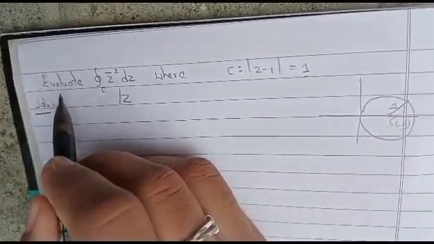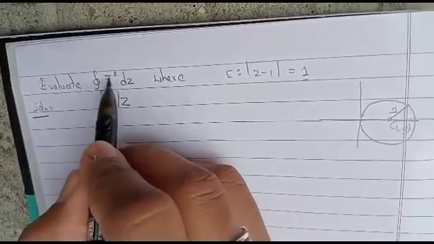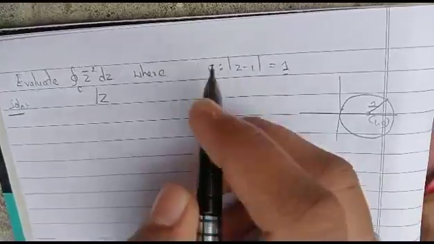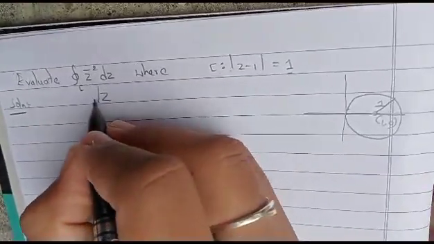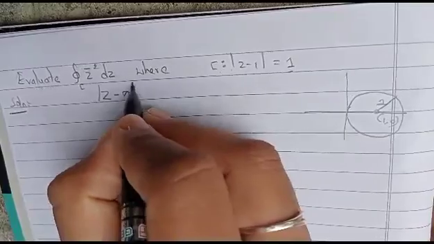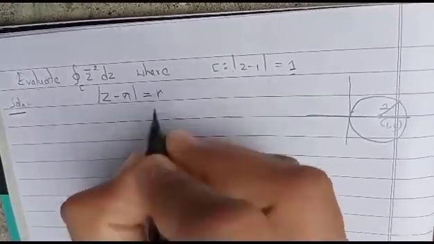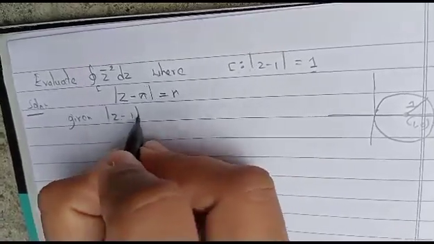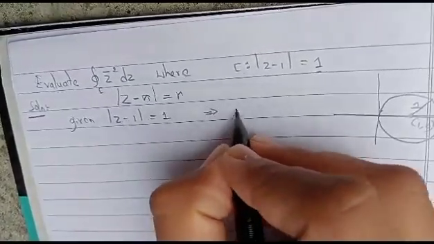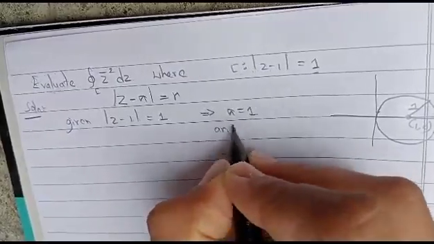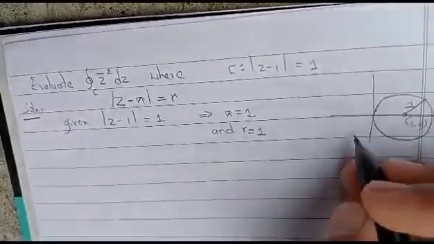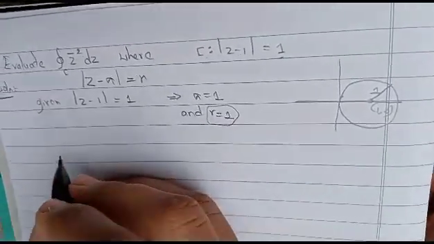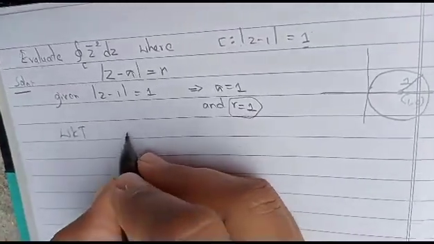Here the question is given that evaluate closed integral z bar square dz where C is mod z minus 1 equal to 1. As we have formula that mod z minus a equal to r. Here the given that mod z minus 1 equal to 1, which implies that a equal to 1 and r equal to 1. Here we have drawn the circle with the radius 1, and we know that z can be